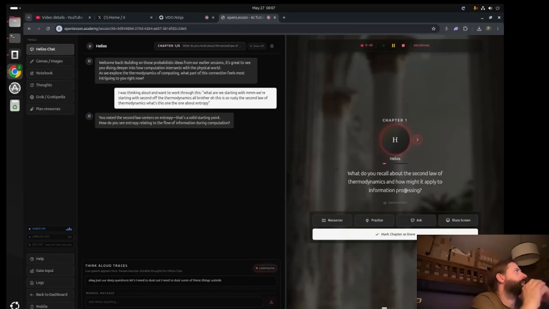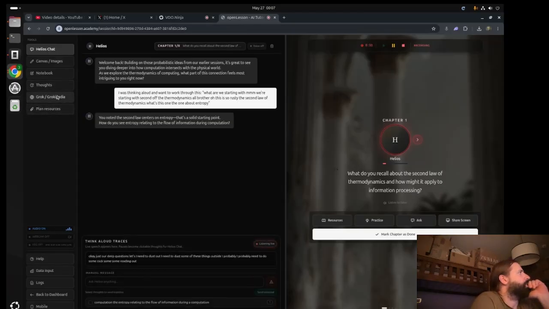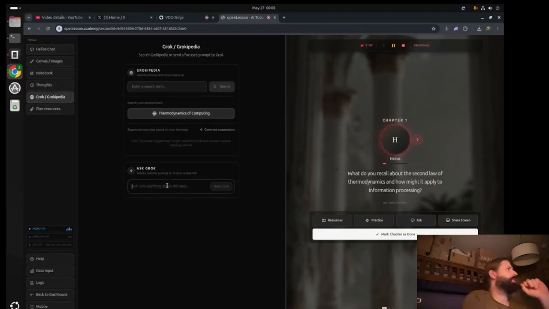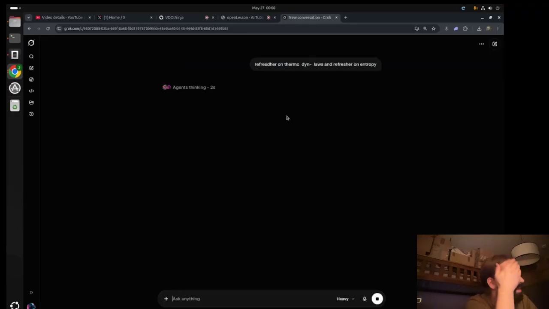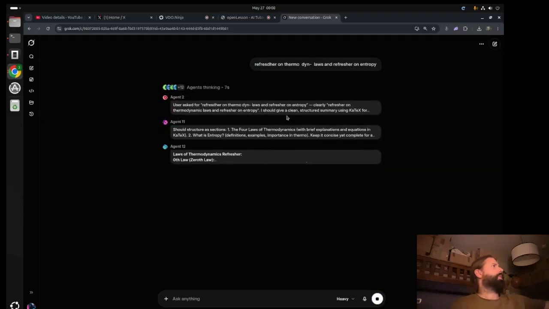So I probably need to do some reading out loud with Grok on these. I need a refresher on entropy. I need a refresher on the laws of thermodynamics. So let's go, a refresher on thermodynamic laws and a refresher on entropy. Let's just read through these a bit. First,